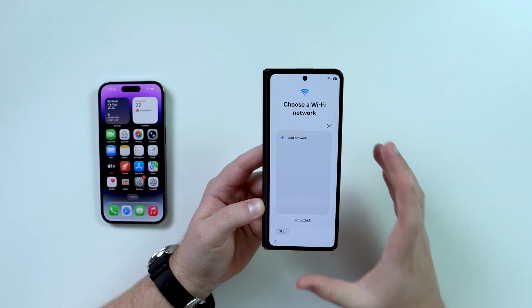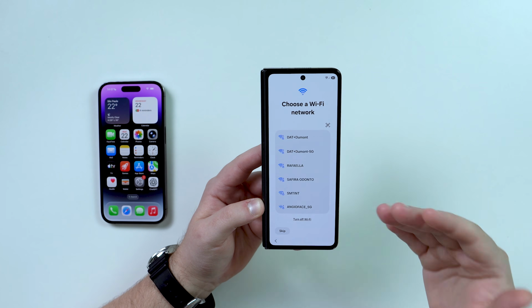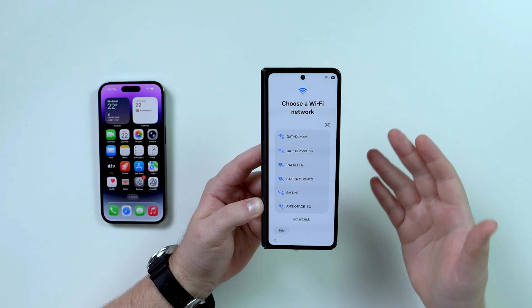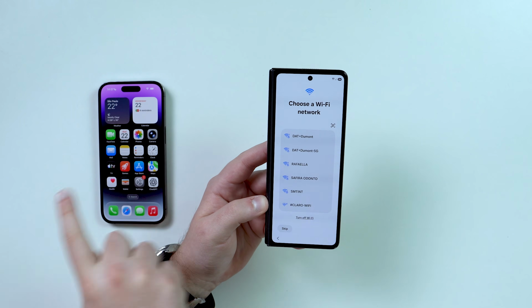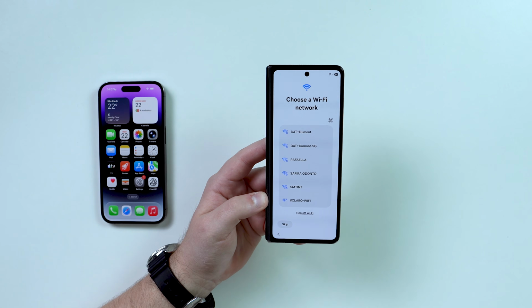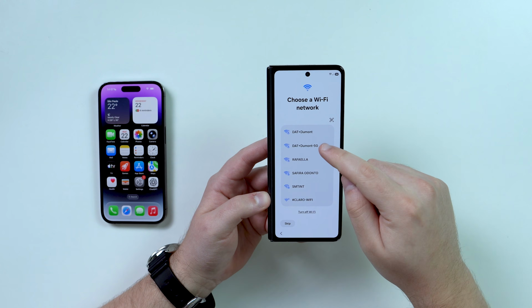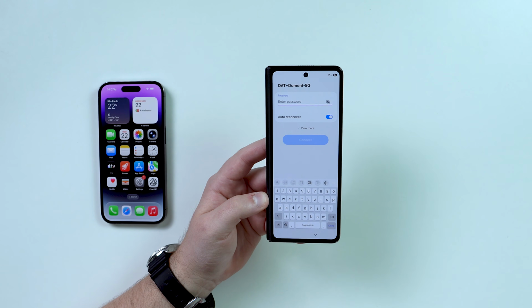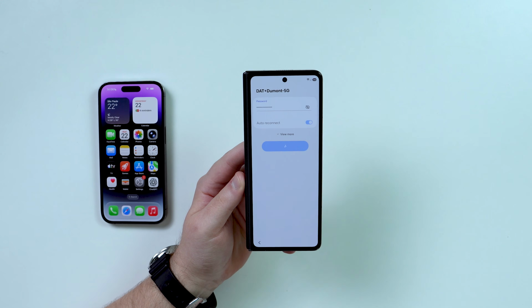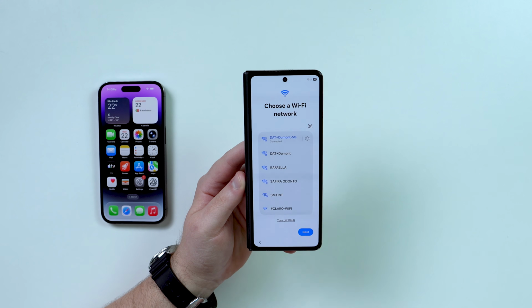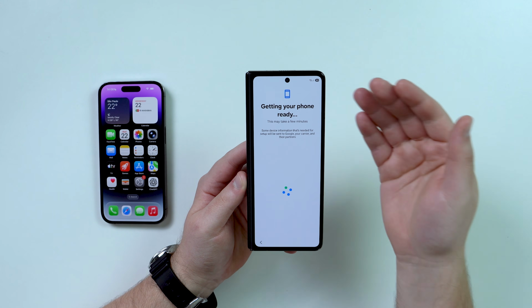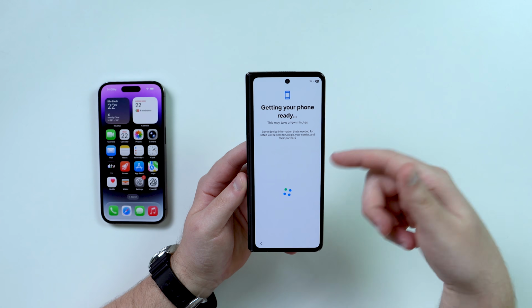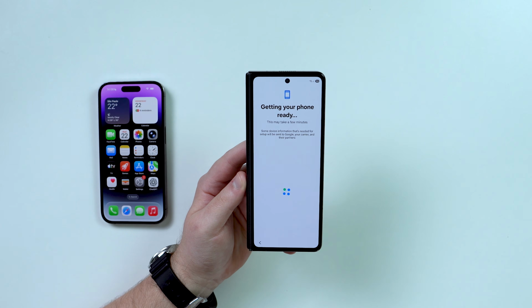Then we're gonna need to connect to Wi-Fi. Of course, make sure to connect to the very same Wi-Fi network that your iPhone is connected to. So connect both to the same Wi-Fi network, which in our case is this one right here. Let me just sign in. I'm gonna connect right now, let it do its thing. Now we can go to next. And as you can see, it's getting our phone ready. It may take a few minutes. Generally, it just takes a few